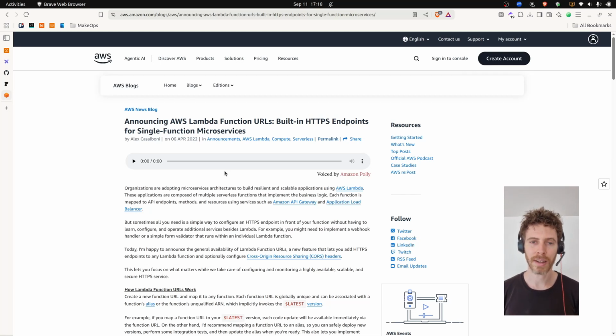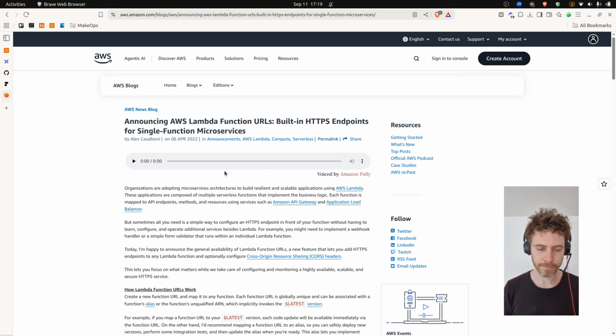Today we are going to talk about how to invoke Amazon Bedrock using an AWS Lambda function. Now, the way that this tutorial is going to go is we're going to show you how to set up an AWS Lambda function. We're going to show you how to connect it to Amazon Bedrock correctly, so you have the right permissions to be able to invoke an Amazon Bedrock endpoint. And then I'm going to show you how to actually invoke the Lambda function using the AWS Lambda functions URL